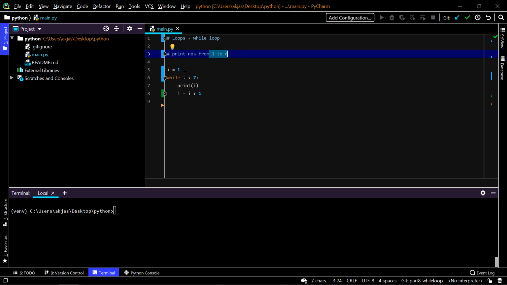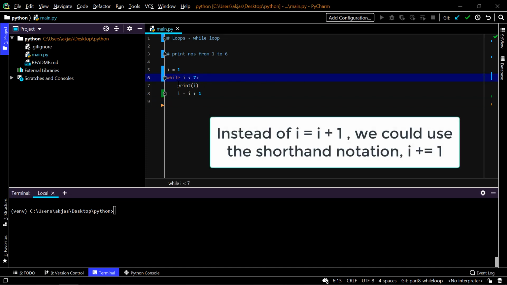The syntax of while starts with the keyword while, then a space, then the condition. Now the condition here is, since we have to go up to 6, i less than 7, which means if i becomes 7, then the condition fails and the loop breaks. And here there is a colon, and then we just print i, and we increment the value of i